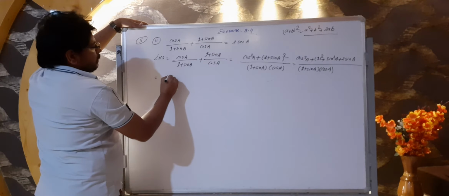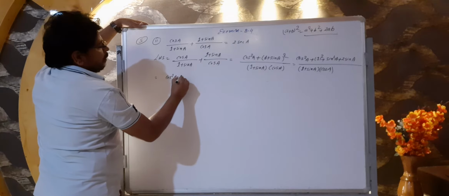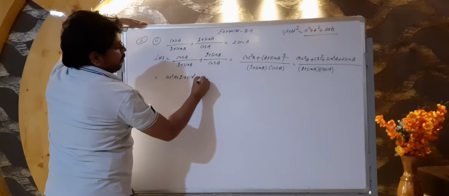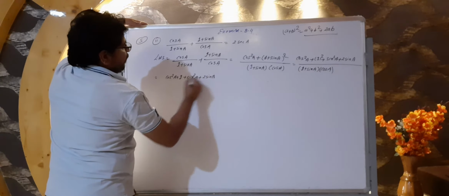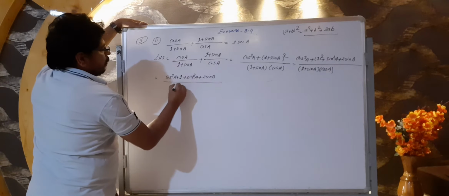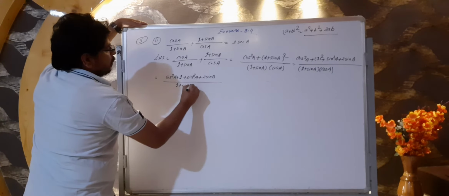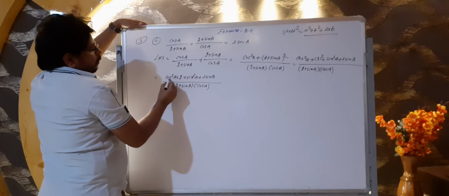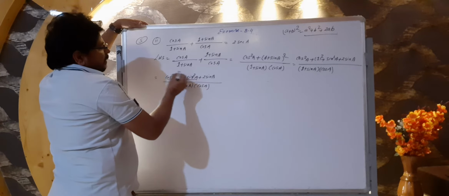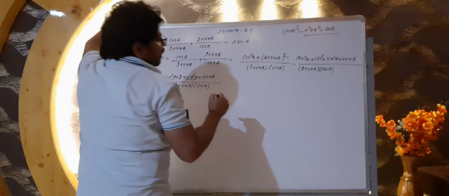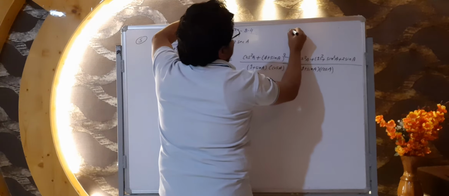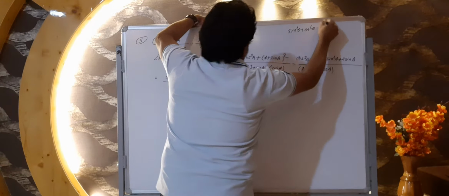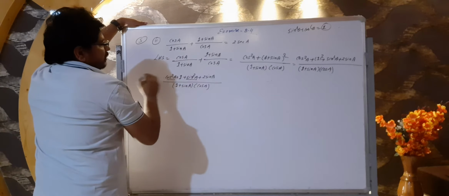now see how we can write these particular steps. We can write in this manner: cos square A plus 1 plus sin square A plus 2 sin A upon 1 plus sin A and cos A. Now you know that cos square A plus sin square A or sin square A plus cos square A, we know our identity, right? What was our identity? Our identity: sin square theta plus cos square theta is equal to 1. So what is here? Sin square and cos square.